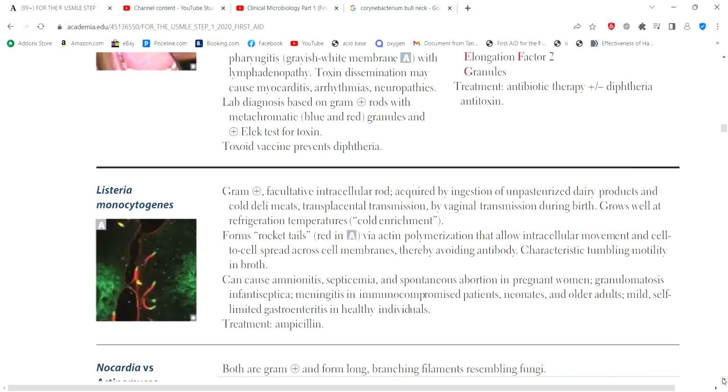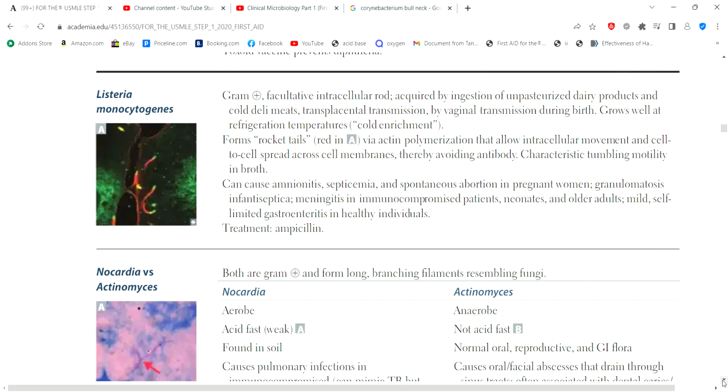Listeria. Okay, so we are moving on to Listeria. This is a bacteria that likes the cold. It is a gram-positive, facultative intracellular rod acquired by ingestion of unpasteurized dairy products and cold deli meats, and by transplacental transmission or vaginal transmission during birth. It grows well at refrigerated temperatures, so it likes the cold, cold enrichment. It forms rocket tails by actin polymerization that allow intracellular movement and cell-to-cell spread across the cell membranes, thereby avoiding